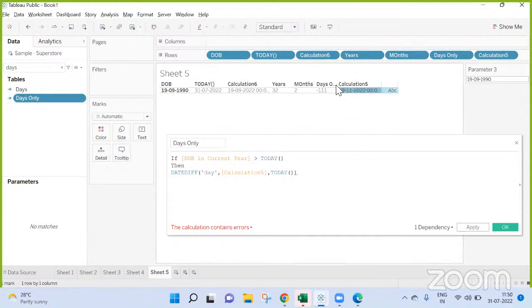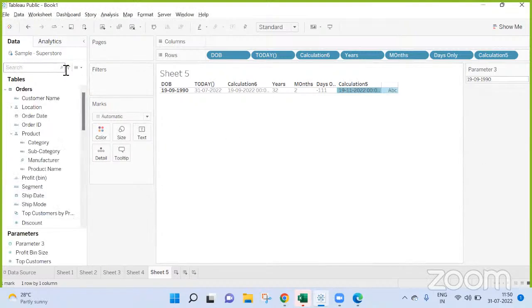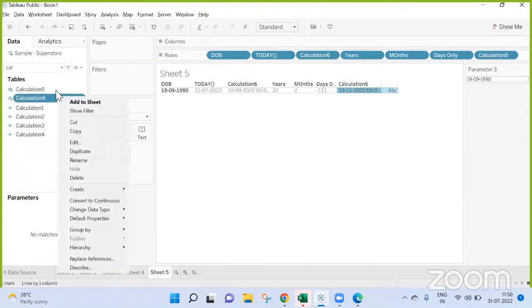Then I need to subtract. It is becoming complicated, guys. It is becoming complicated. Because these years and this is my days, sorry, years and months. Now if I got my years and months, date is becoming a bit complicated. For that I need to revisit my calculation.